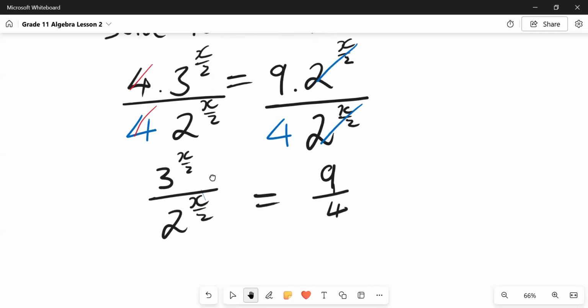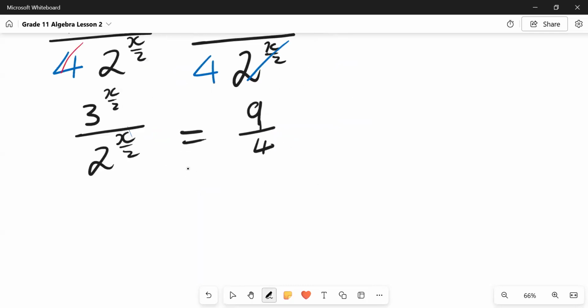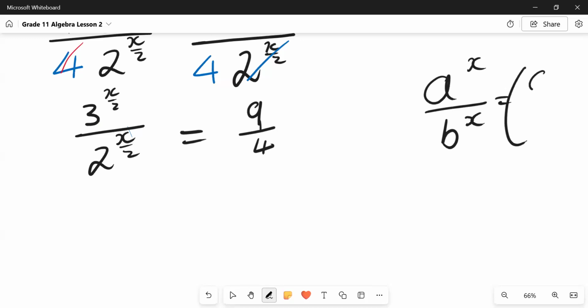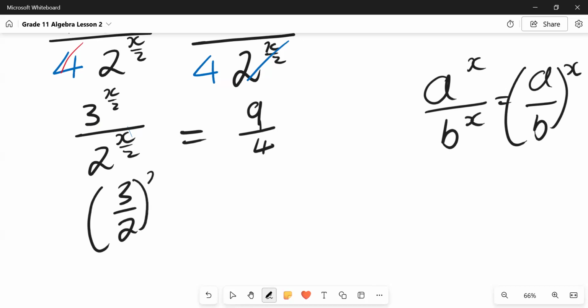Okay, and then from here, let's apply this law. Take out your common exponent. We apply that law. So you'll have 3/2 to the power x over 2 is equal to